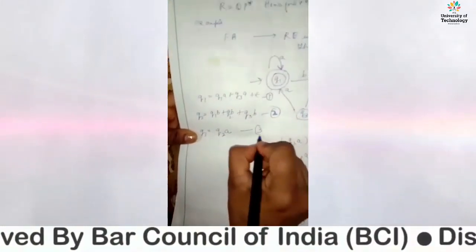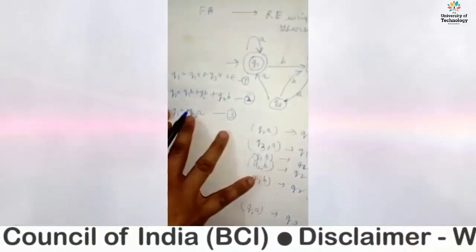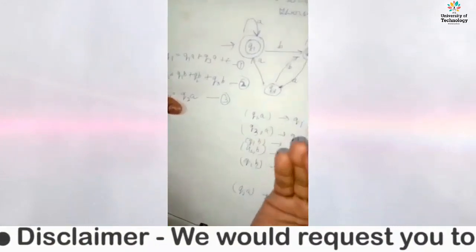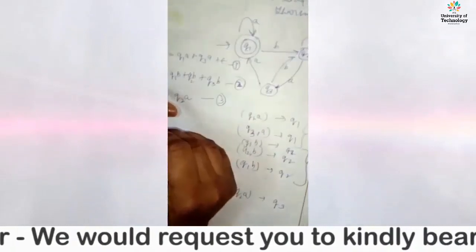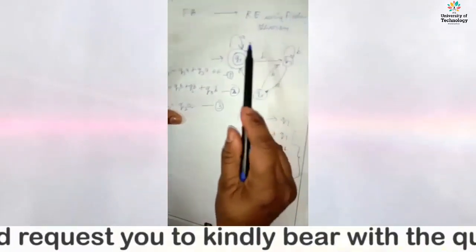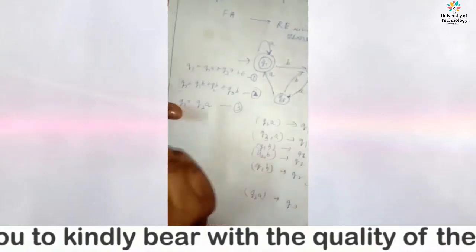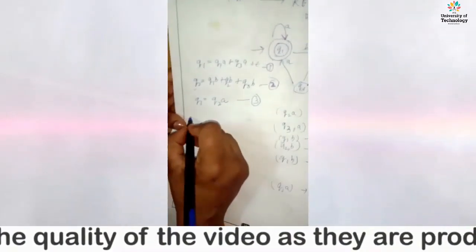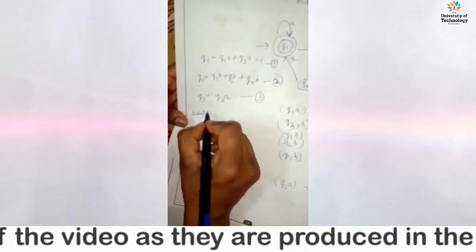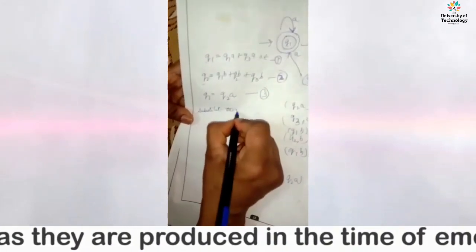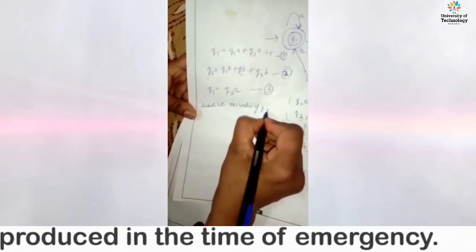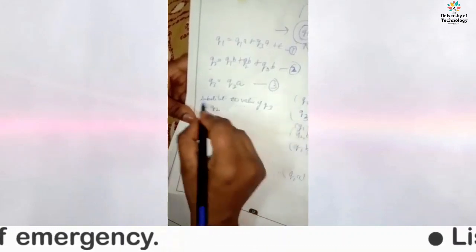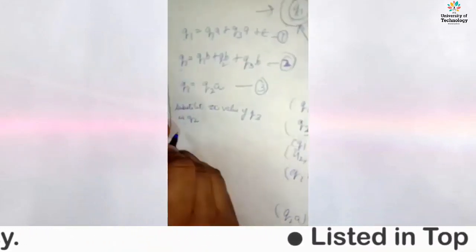And mark it as equation number 3. Are these three equations clear to you? Is there any problem? What we have done is seen the various ways by which you can reach Q1, Q2 and Q3, as mentioned in the finite automaton diagram, right? This is clear to you? Now what we are going to do is substitute the value of Q3 into Q2, right?